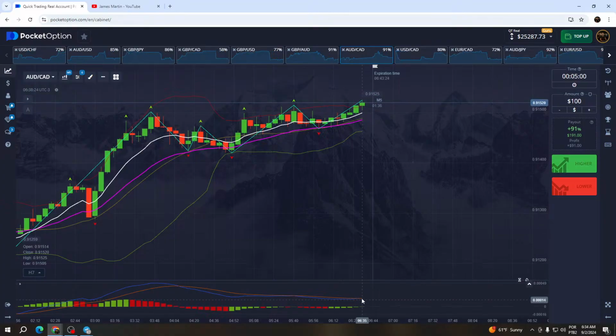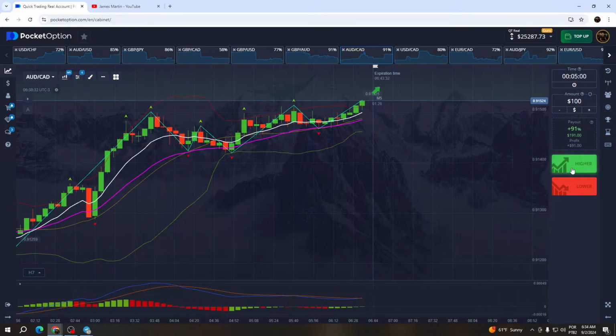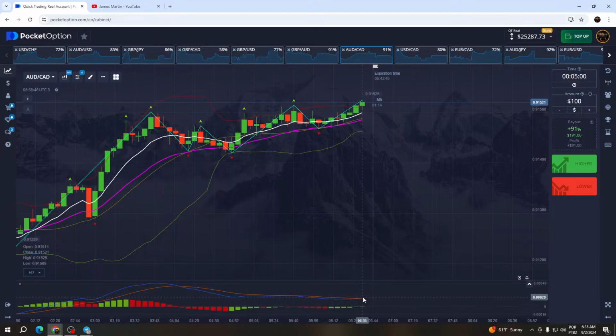You use that signal right here as a trigger for you to click on the higher button. Okay, so just wait for the 6:39, 40 seconds. If you see this going through, down to up, my origin line, just click on the button.